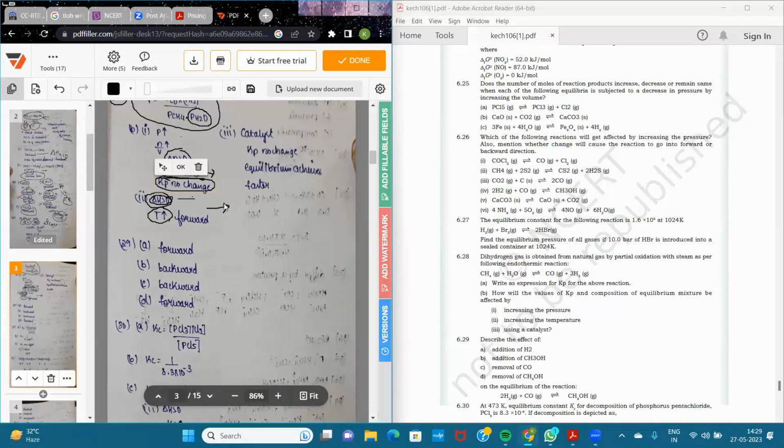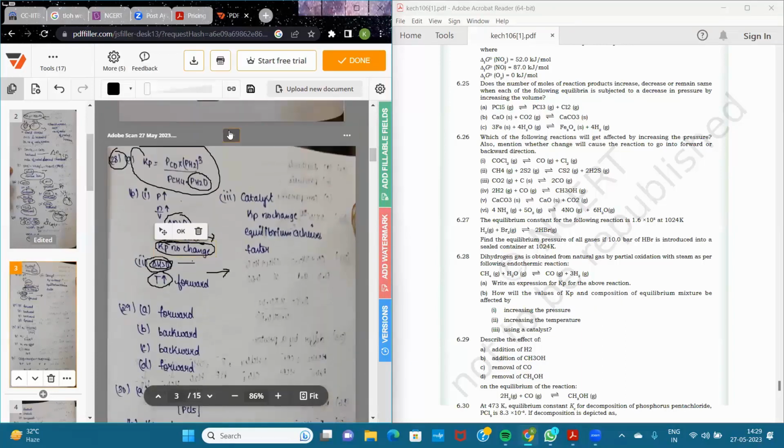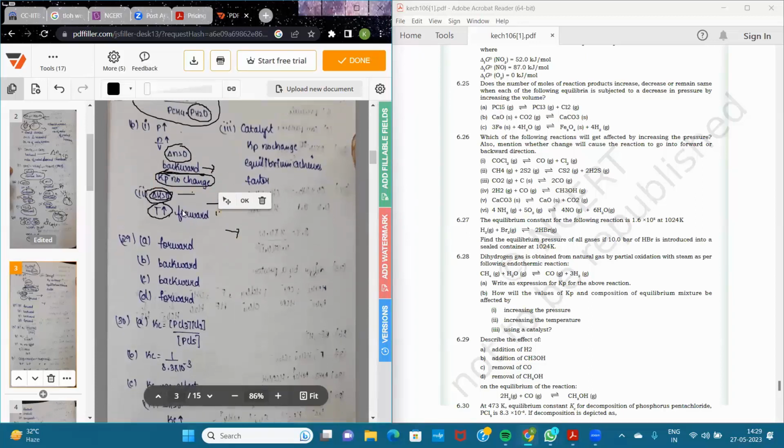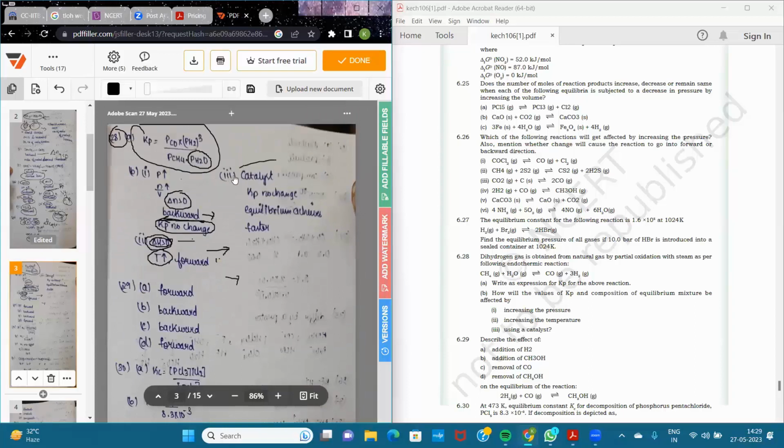And in second part, increasing the temperature. As the given reaction is endothermic, if we increase the temperature, the reaction proceeds forward. Equilibrium constant also increases. In third part, if we use a catalyst, rate of forward reaction and rate of backward reaction increases equally,